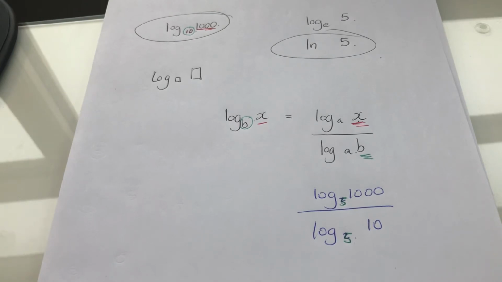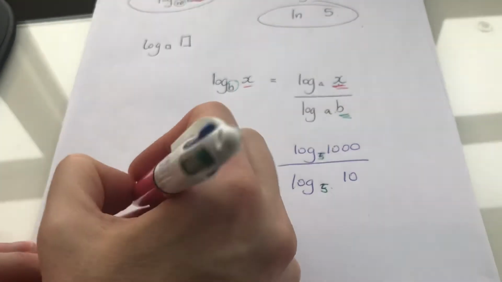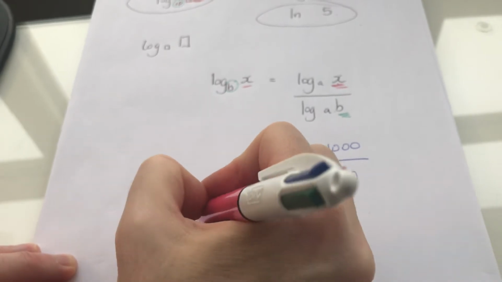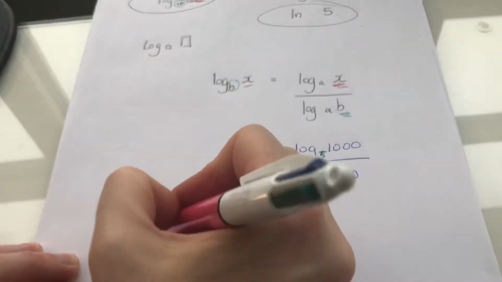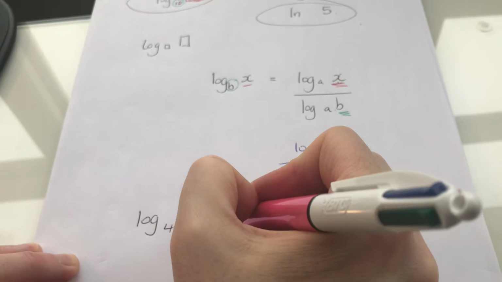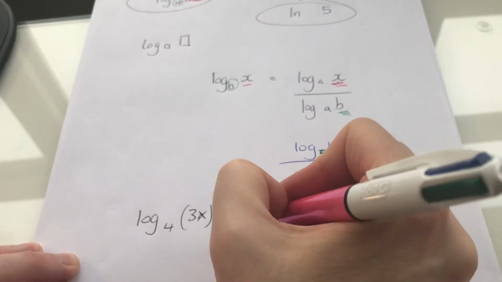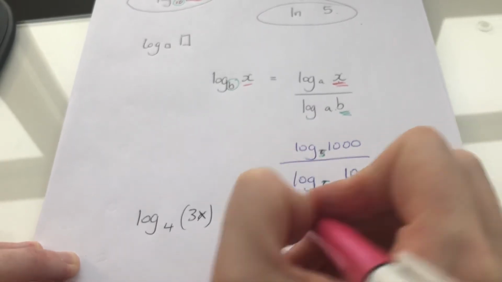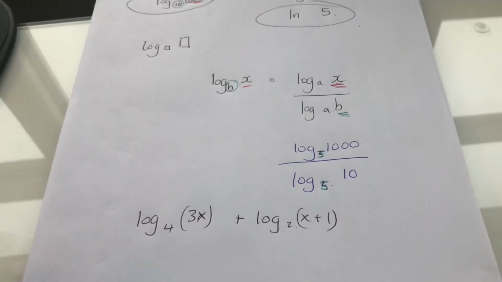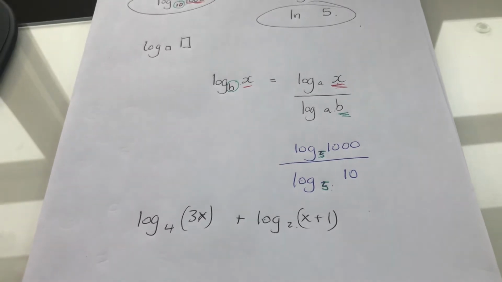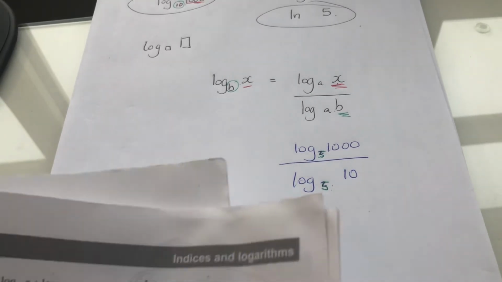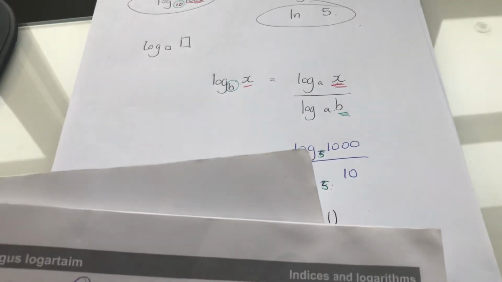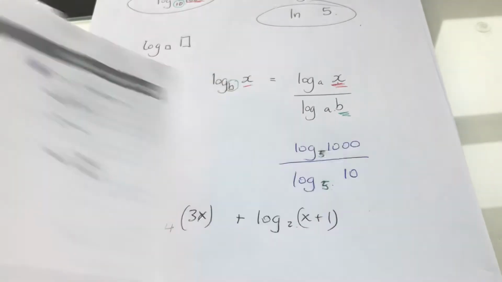If you had a question where they had maybe log 3x and the base was 4 plus log x plus 1, and the base was 2. And they asked me to write that in a simpler form. Okay, well, I can't get out of logs. That's the first rule I generally check. Can't get out yet. So the next thing I'll try and add my logs using this rule,